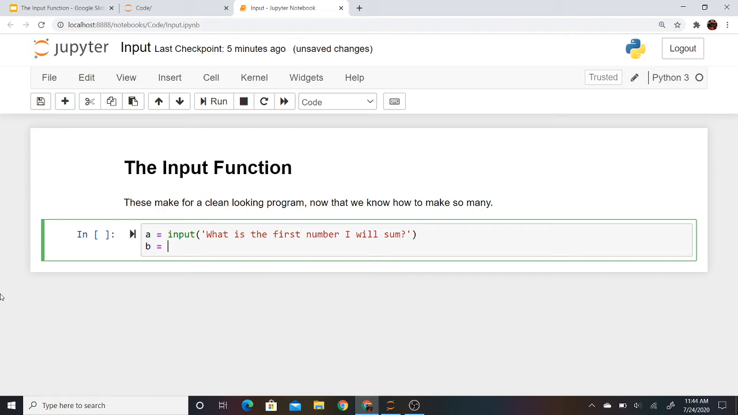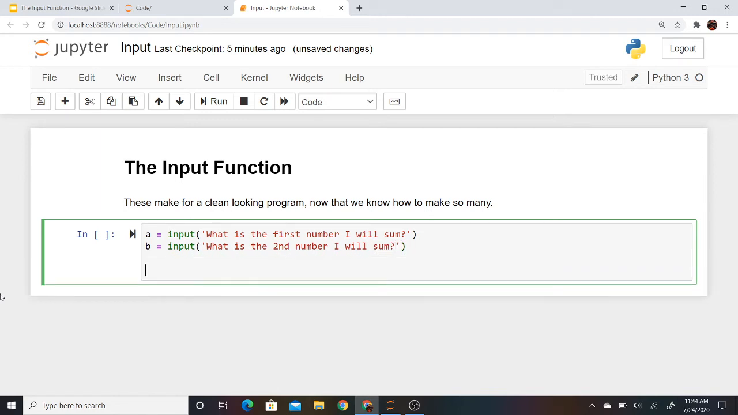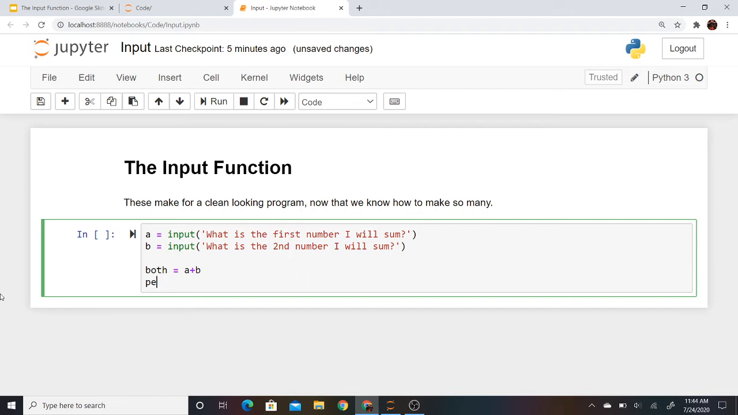B equals another input. What is the second number I will sum? And now we say sum equals, we will say both equals A plus B, print